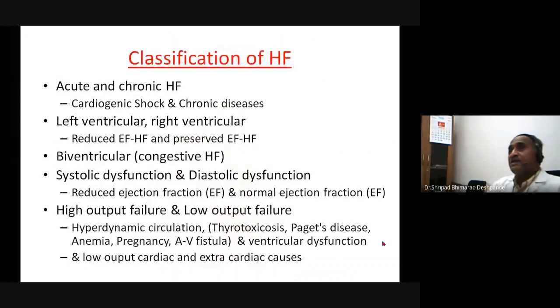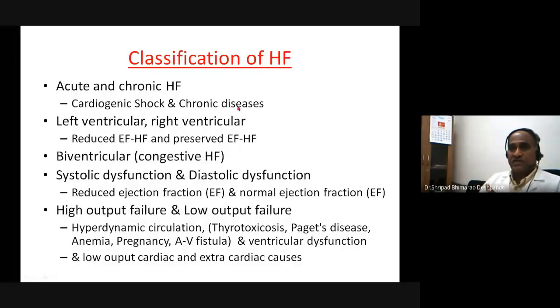Now coming back, the classification of heart failure. How is heart failure classified? Depending upon the duration, whether it is acute or chronic. I have given one example here in between. Acute is a cardiogenic shock, something which is immediate, maybe bacterial toxins or any toxins they will produce, or even myocardial ischemia, that is cardiogenic. So those are acute causes. Chronic is for any chronic disease